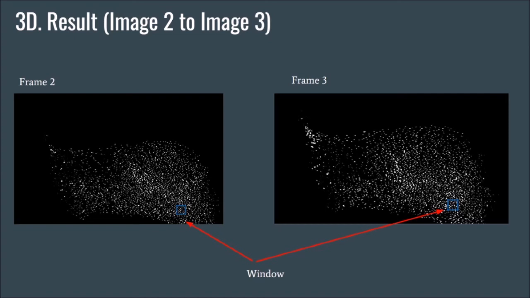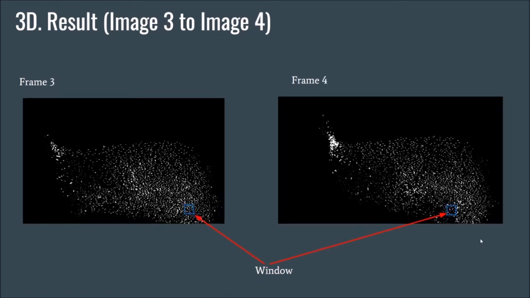This shows the results for the same location as the previous slide, and we see on the left side that the window is slightly down, and when we compare it to the second frame, the window moved up a little bit, to the up and to the left. The next slide shows us the difference between frame 3 and frame 4. Again, it's around the same location in the bottom right, and we see the slight movement of a frame